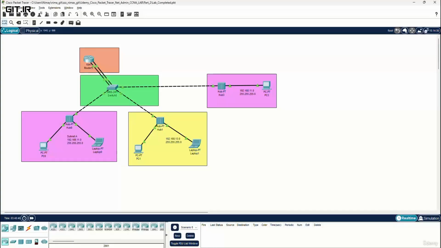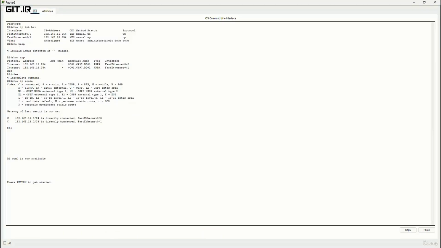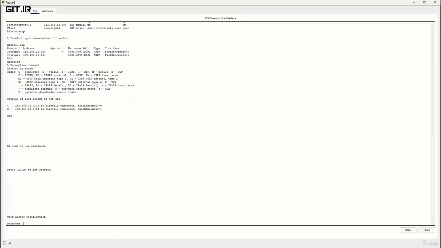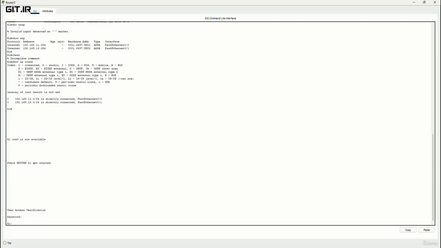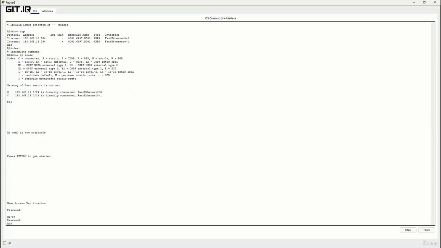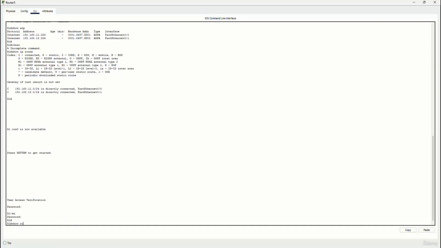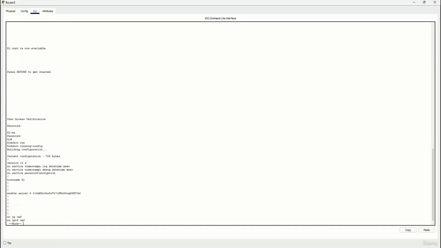Okay, you know that on routers and switches we can check the configurations. For example, on this router the username and password is Cisco, and to check the configuration we can use the command show running config. If you check the running config with the command show running config, as you can see,